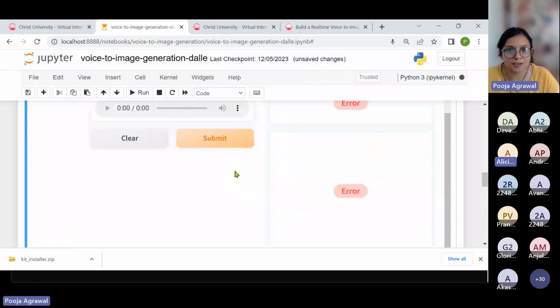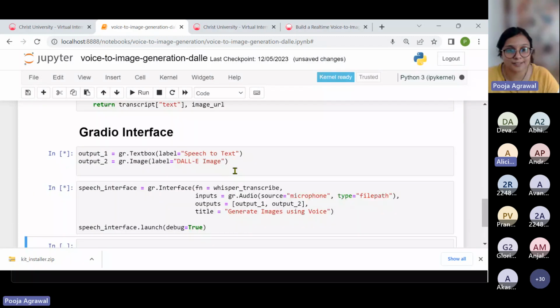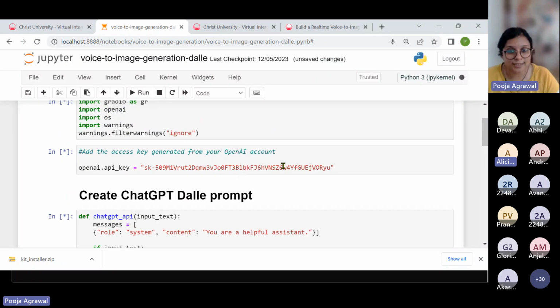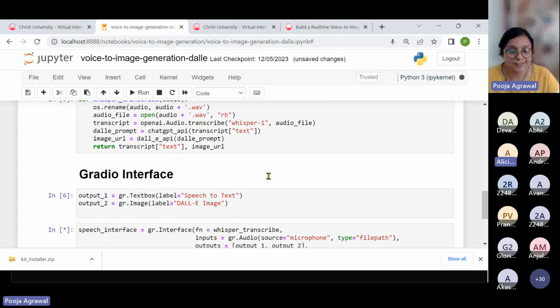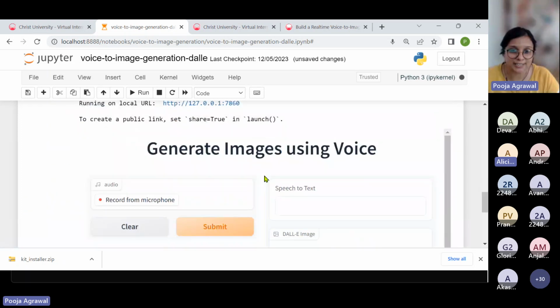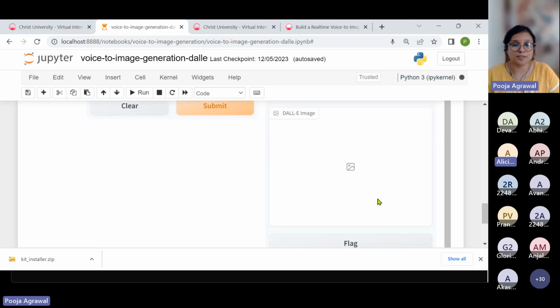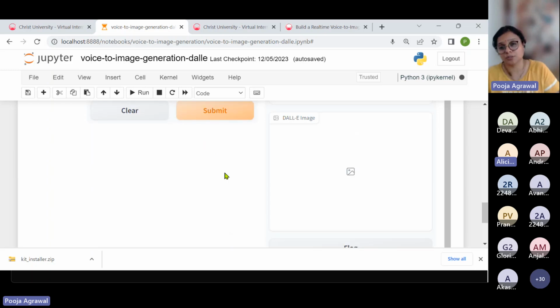I have been running this kit for a while, and slowly OpenAI is trying to make the system very effective. I just made a quick search for a Shah Rukh Khan image, or Elon Musk, and it will try to stop me, saying that this is not something you can do.